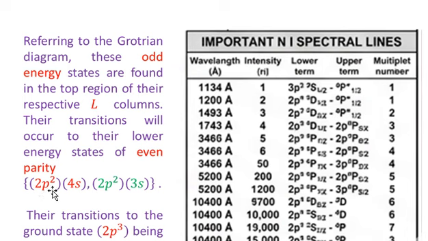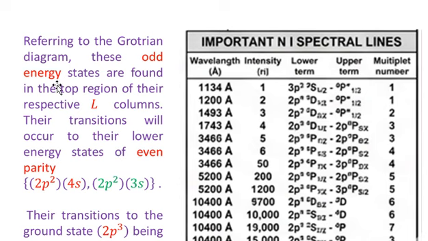I have not discussed the 2p2 and 4s electronic distribution and their corresponding terms, but they can similarly be the same as the energy terms obtained for the 2p2 and 3s electrons, and both of these will contain even parity terms. So the transition from the odd parity term to the even parity terms will take place, and the even parity terms which are due to the 2p2 and 3s electrons will be lying lower in energy